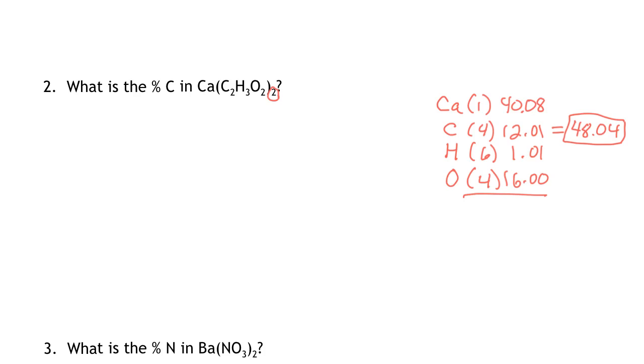Then I'm going to add the next one, so plus parentheses 6 times 1.01, end parentheses, plus my next one with the oxygen, parentheses, 4 times 16.00, end parentheses. Now I can go ahead and just hit the enter button, and it'll total everything up for